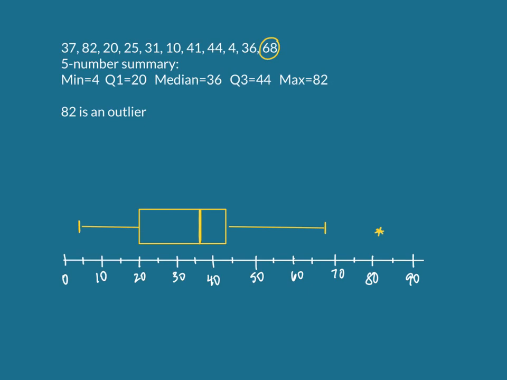So remember that one edge is Q1. This is the median. That's where you put the line in the box. The upper edge of the box is Q3. This was our outlier. And this was our minimum. So the outlier was also our max, but because it was our maximum, 68, our next highest value becomes the end of our whisker. So this gives us a visual representation of the data, 100% of our data.